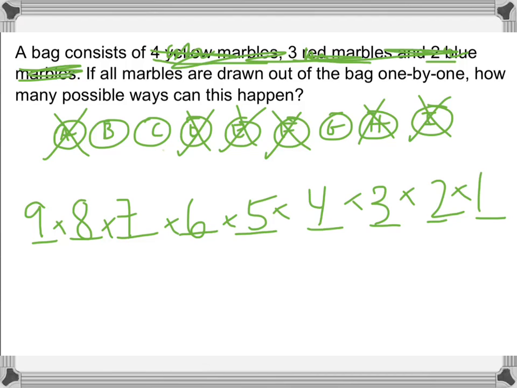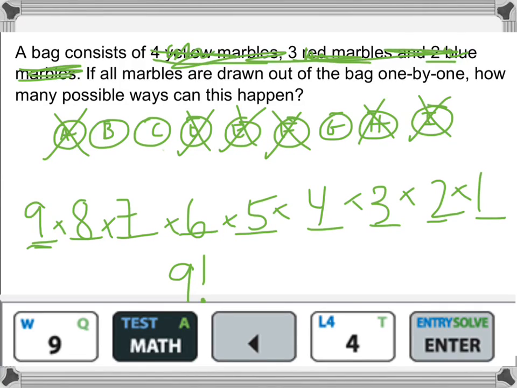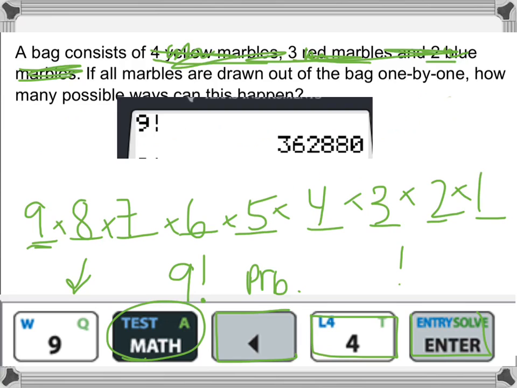Okay, this right here, 9 times 8, a number multiplied by all the numbers below it, is called a factorial. So right here I have 9 factorial, and your calculator will calculate this. So I put the keystrokes below. You would first press the 9. Then you go into the math menu, arrow to the left, and you would get to probability. You choose option 4 and press enter, and that gets you the factorial. When you calculate it, the home screen is going to look like this, 9 factorial, and it gets you,